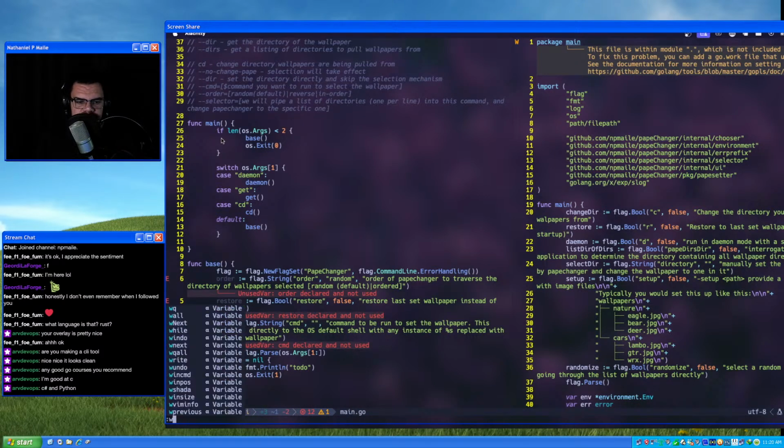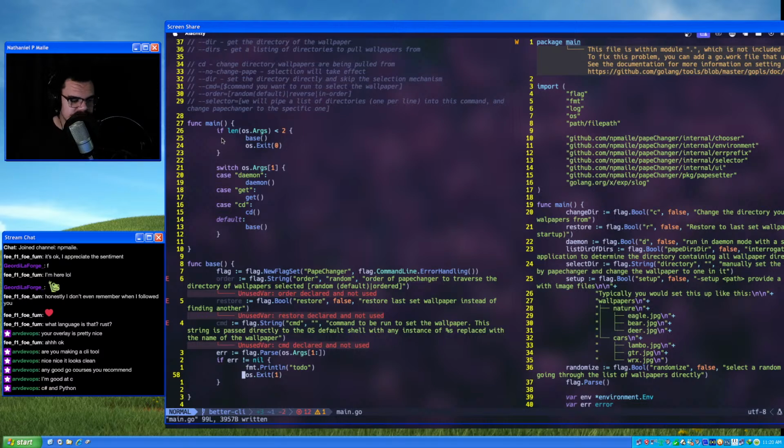So one of the struggles of writing a program that runs on every system is you kind of can't make very many assumptions, and you have to have good fallbacks if the assumptions are wrong. So one of the things I have is this daemon mode that should be covered by an OS-specific wrapper, but if it's not, it does kind of a half-ass job of running a daemon that puts something up in the taskbar and allows you to change your wallpaper. So that's kind of a hassle.